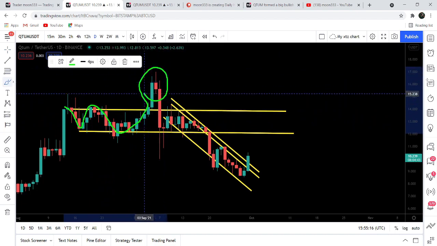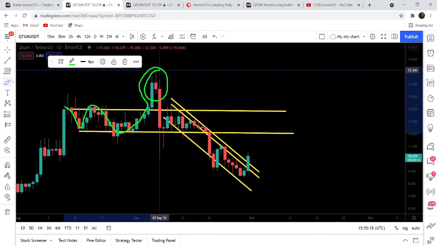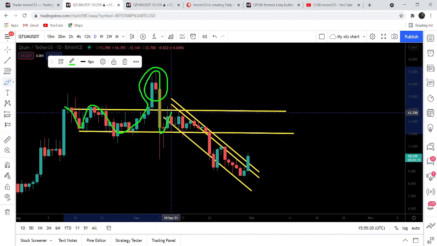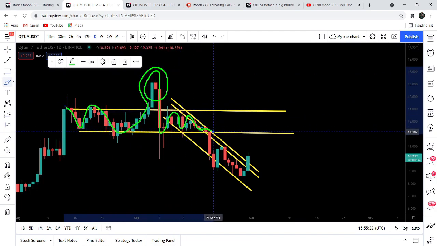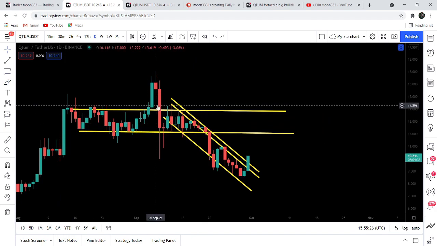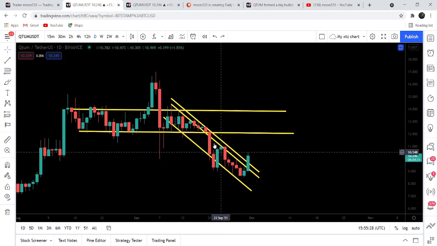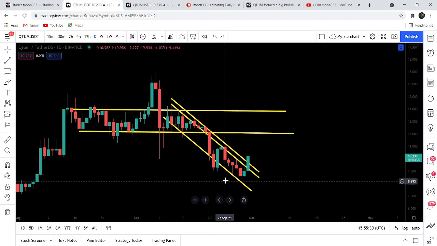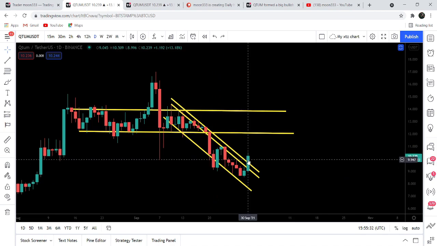For a while, the price action broke out of this resistance of the channel, moved down here, and again was moving up and down inside this channel, and finally broke down here and formed another down channel. This was a new down channel, and the price line is breaking out. On the daily time frame, it is breaking out, and on the 4-hourly time frame, we have a confirmation that